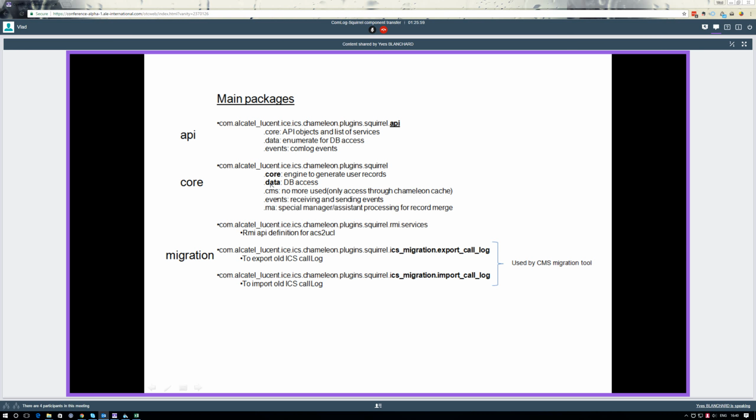CMS, I mentioned it, is no more used because now we access the Chameleon cache directly to retrieve the information related to the database user password. Sorry. The event package is to subscribe to RTSM events to receive the events, and AMA